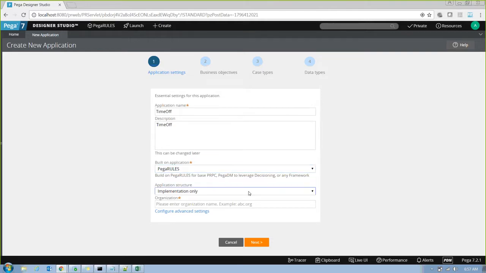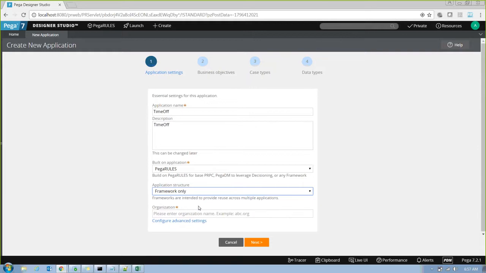Now, you're going to select whether you want to build a framework or an implementation, or both layers, for your application. As you remember, every application will have 4 layers: organization, division, framework, and implementation. I told you, you can choose only framework, and you can build a framework application. A framework application contains all the reusable components. Let's say, for example, I'm working for Bank of America. We have so many banking projects. I felt that there's at least 60% of common code in all the applications.